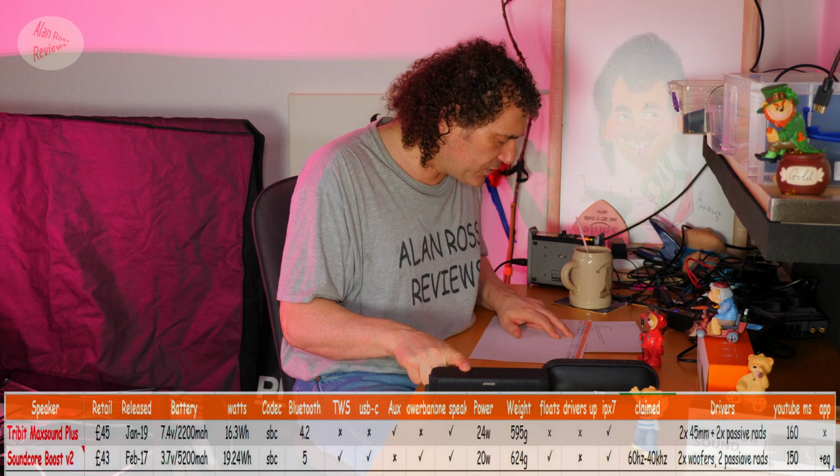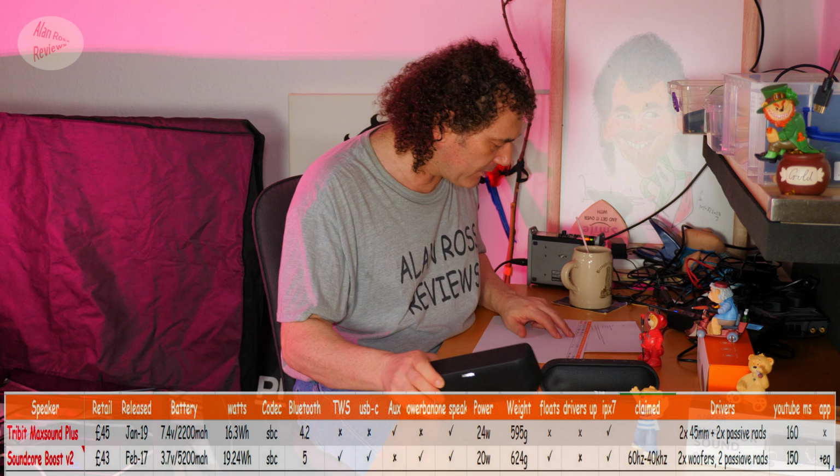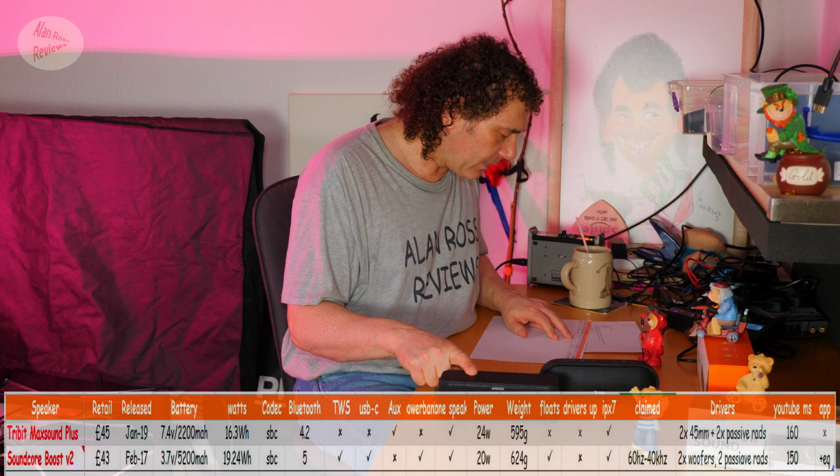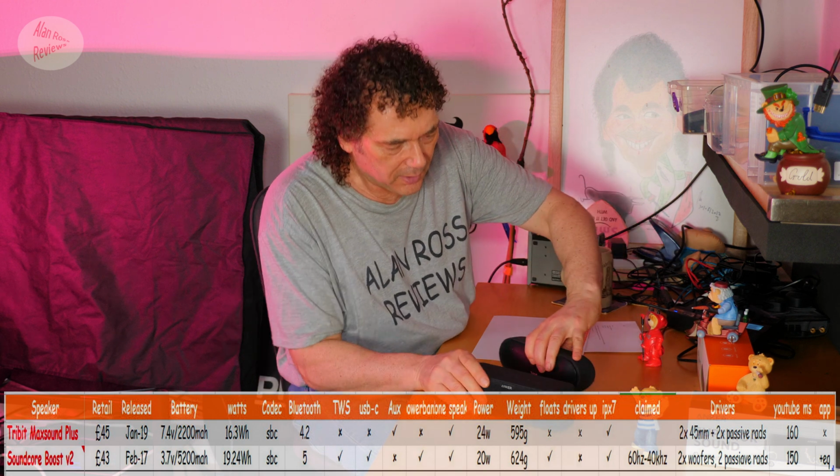We've got true wireless stereo pairing with the Soundcore Boost. And we've also got Bluetooth 5. They've upgraded it. Bluetooth 5. You can use both of them as a speakerphone, and you probably want to know, because a lot of people like to look at the specs before you buy a speaker,